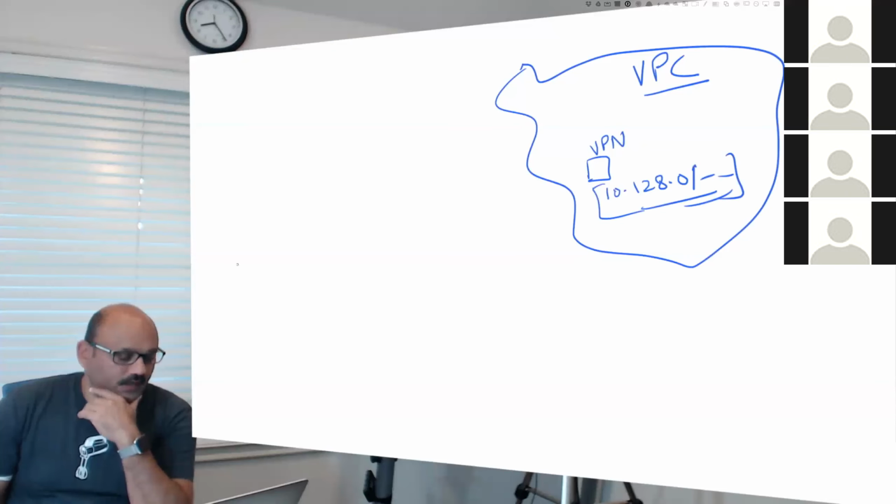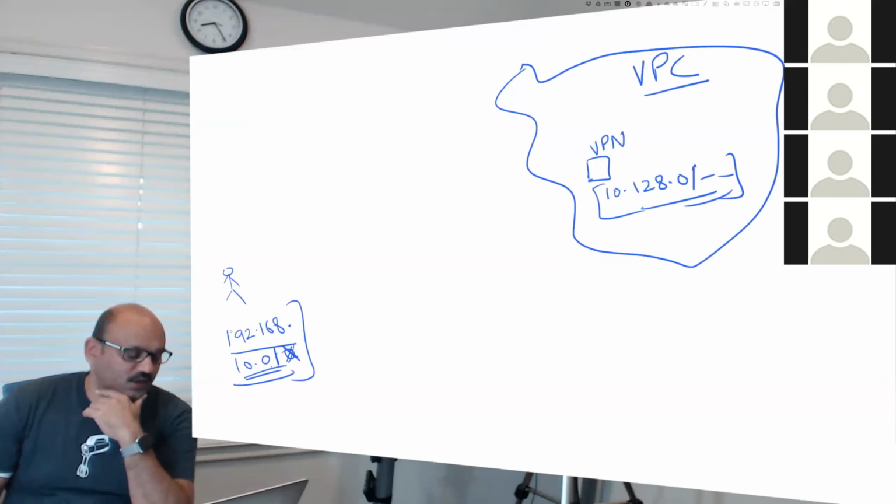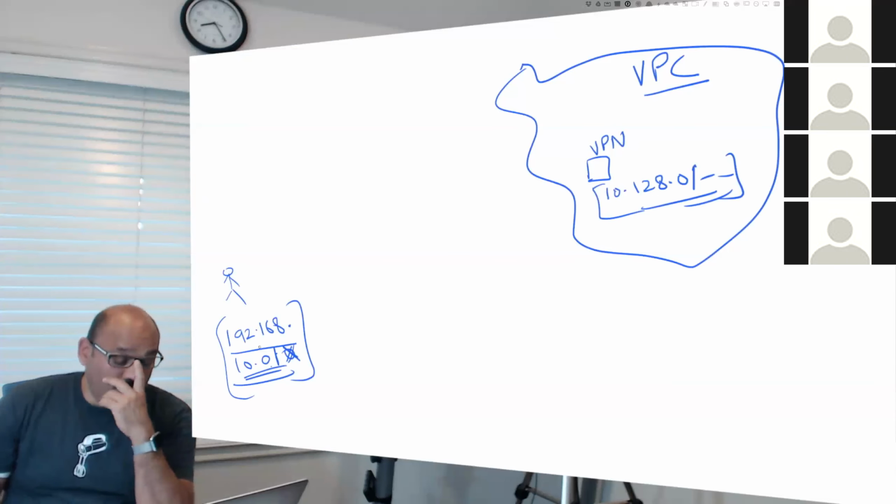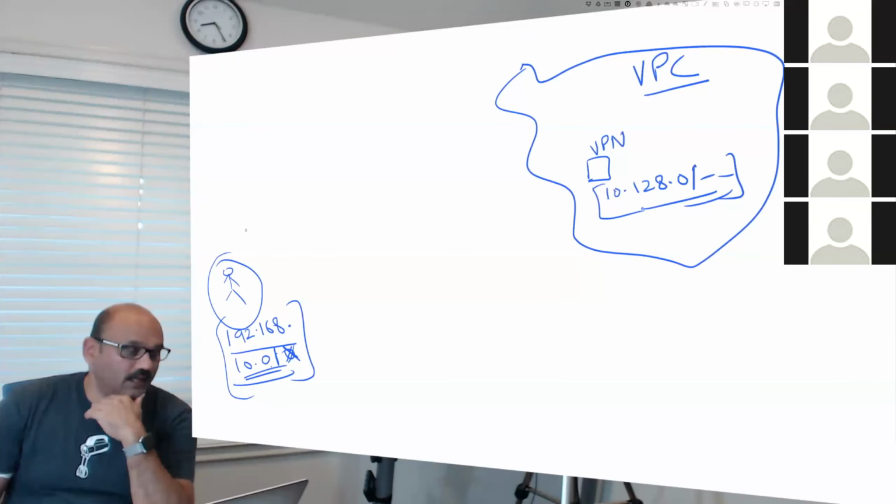And in your location, you might have a different location in your company. You might have something like a local IP address, 192.168, or you might have 10.0.1.0, or any of those addresses. So these are private internet addresses that you might have. So what this employee needs to do is use a client, an OpenVPN client.